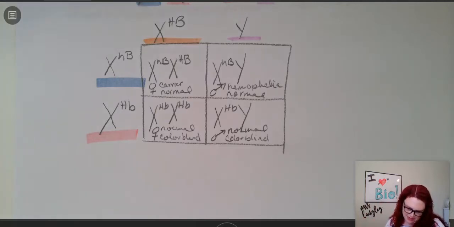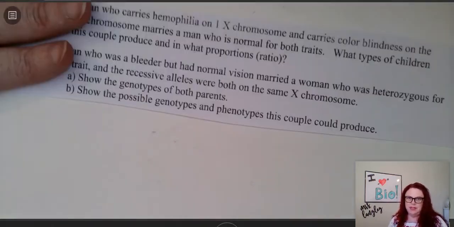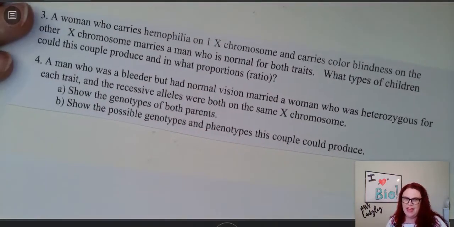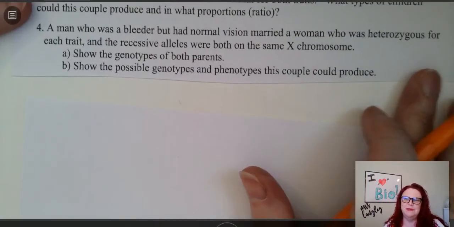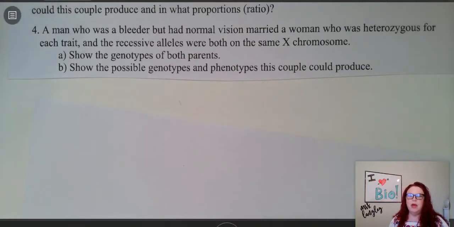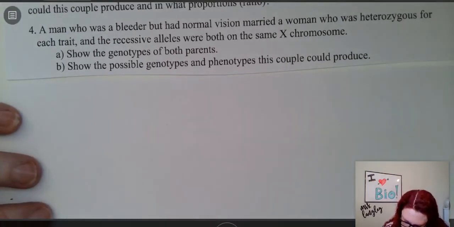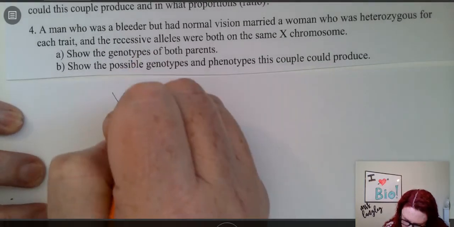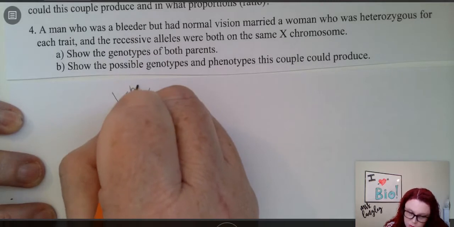Okay, now let's look at number 4. A man, move it down so you can see it too. A man who is a bleeder, that means has hemophilia. That's what they used to call it a long time ago, bleeder. But has normal vision. Okay, so a man who has hemophilia but normal vision